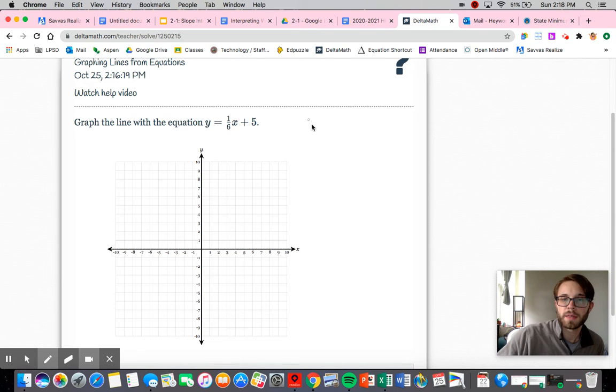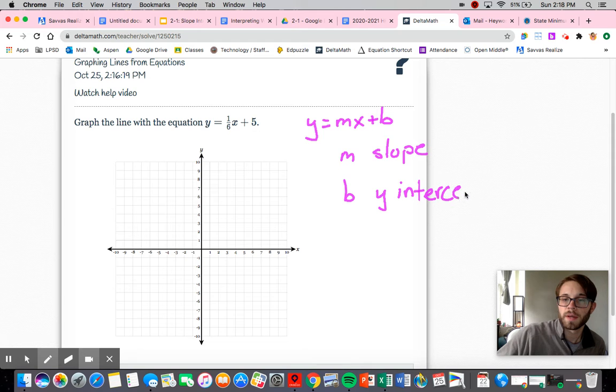As a quick reminder, slope-intercept form is of the form y equals mx plus b, where your m is your slope, so your change in y over your change in x, or your rise over your run. And then your b, that is your y-intercept. So it intersects the y-axis at the point 0, b. It should help if I would actually finish writing intercept. All right, so